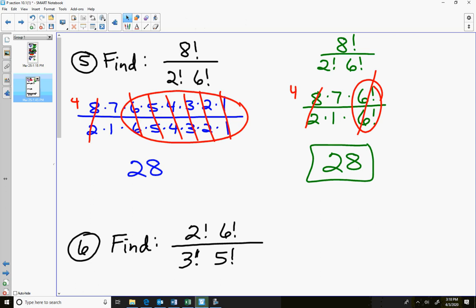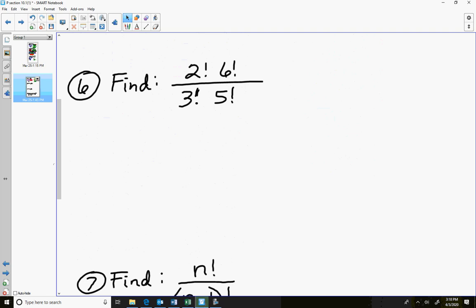And they can play all kinds of games with you. Number 6, I would recognize, again, I want to break down the bigger one. So I'm looking at matching the 6 on top with the 5 on bottom, 6 factorial with the 5 factorial. And I'm also going to match the 3 factorial with the 2 factorial. So with that in mind,